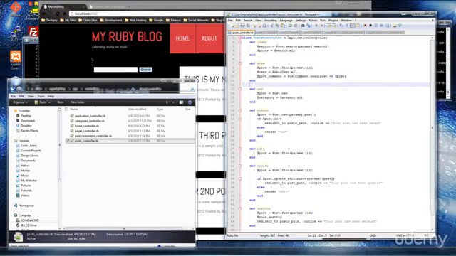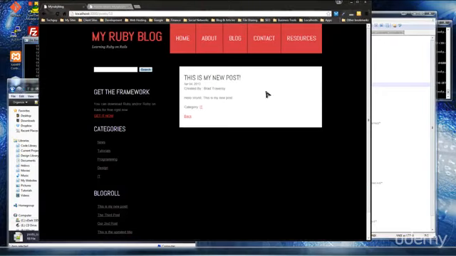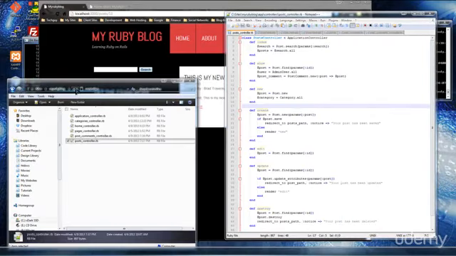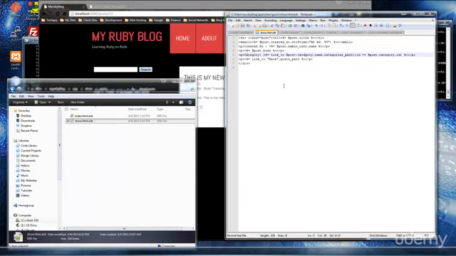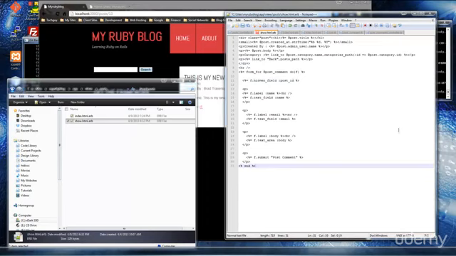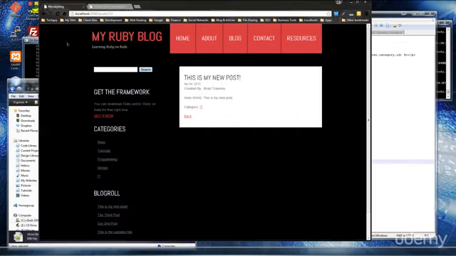Now we need to actually go to the show view, the post show view, and we just want to add in our form to add a comment. I'm going to grab that and paste it in. So we just have a form with a hidden field that'll pass the post ID, the name, email, body, and submit fields. So we can save that. If we reload,